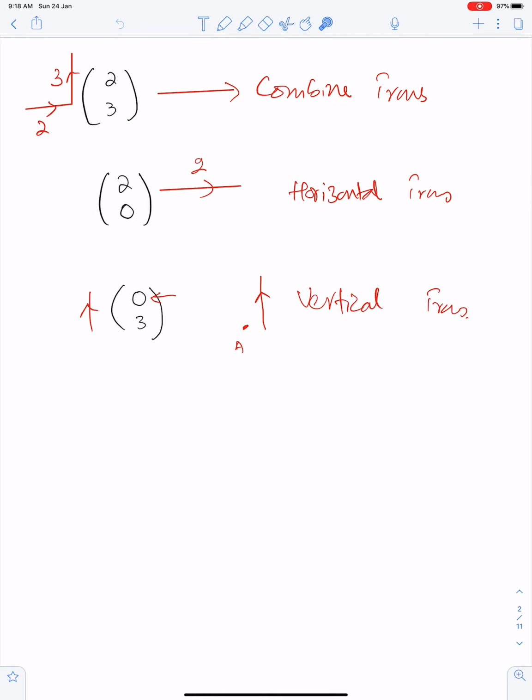Well, when the horizontal component of any translation vector is 0, then that translation vector means vertical translation. Since the vertical component is 0 in this vector, therefore this vector means horizontal translation. As both the components, horizontal and vertical, are non-zero, therefore this vector means combined translation.